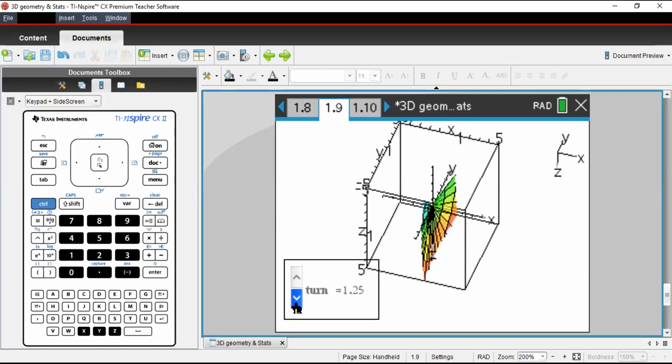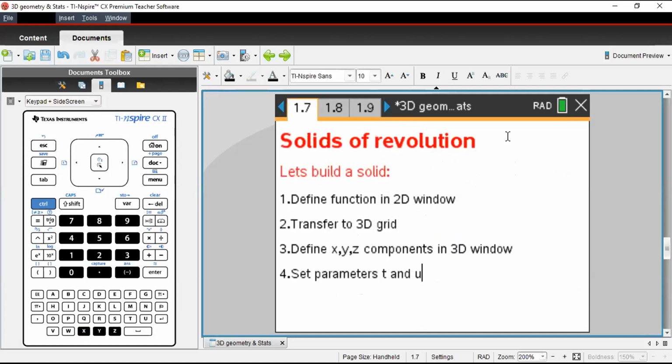You can keep it at half rotation or whatever you want. So this was about how to create a solid from a 2D window and then converting it into the 3D grid. So this was about rotating around the x-axis. Similarly, you can do it for the y-axis and z-axis.